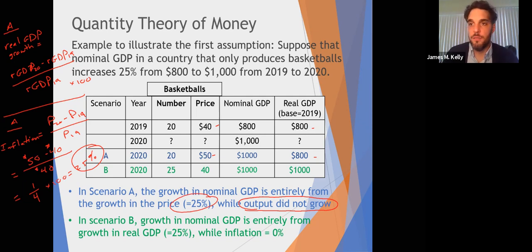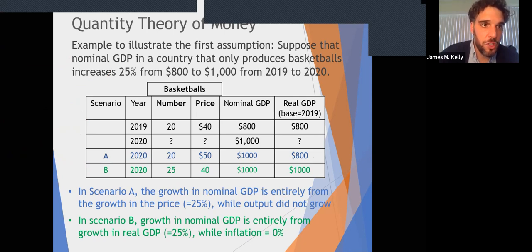So that's a little bit of practice in finding growth rates and calculating inflation. We see that inflation is the sole source of growth in nominal GDP. Notice nominal GDP increases by 25%. There's no increase in output, meaning growth in real GDP is 0, while growth in the price level is 25% in this first scenario. In the second scenario, scenario B, we see that real GDP growth